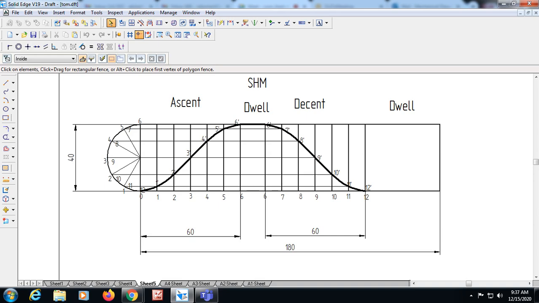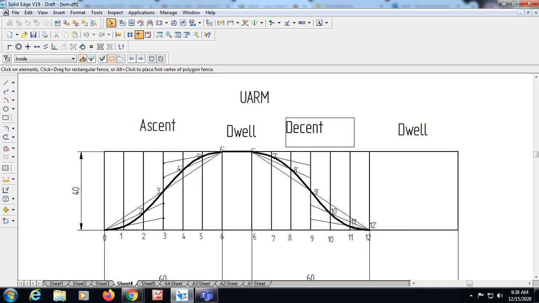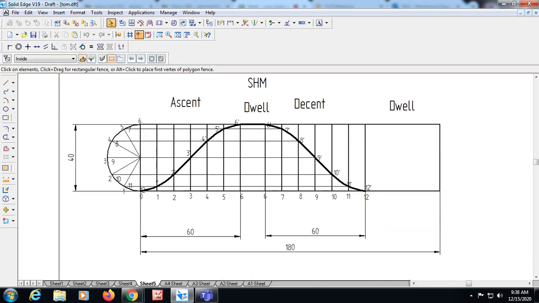So what will happen in that case, if SHM is the ascent, you have to do the first part with SHM, and if the second part is given as URM, you have to follow the descent part that you have done in the URM construction. So in the exam a combination will be asked. Sometimes the ascent part will be URM and then the descent part will be SHM. At that time, if the descent part is SHM, you can draw a half circle on the right side, no problem. You will be getting the same thing, only it will be reversed. Okay, so like that you can construct this ascent and descent. Is it clear?